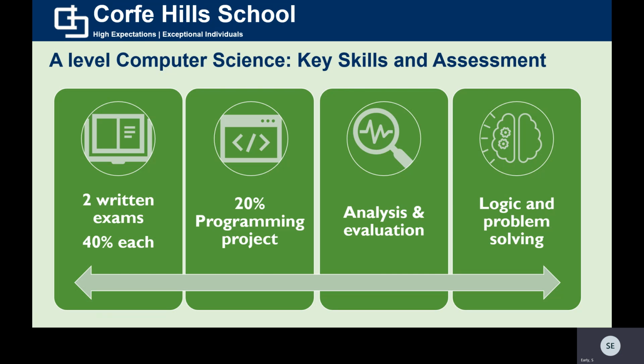There's also a 20% programming project, which will start at the end of year 12 and on through year 13, where you will create a program with an interface using Python programming. There's a lot of analysis and evaluation skills, both in understanding the data structures and how algorithms work, and in your project. You'll need to look at the problem, break the problem down, explain how you're going to do it, and then use agile-based programming to produce stages of your program, showing the development you've done, evaluating each stage, and